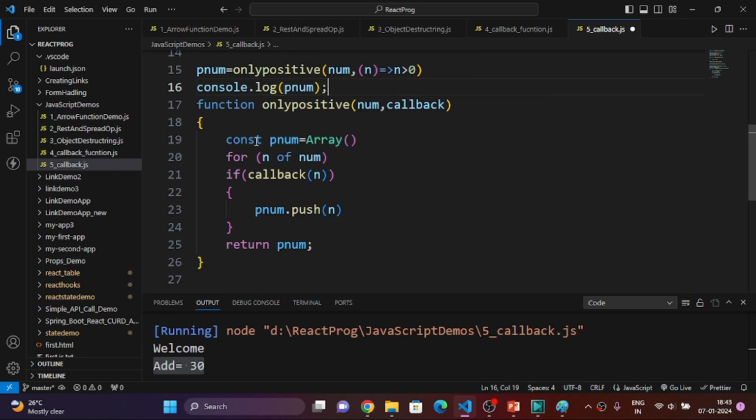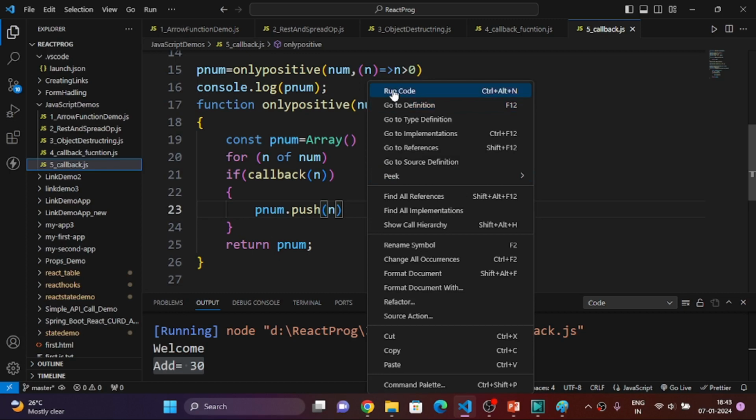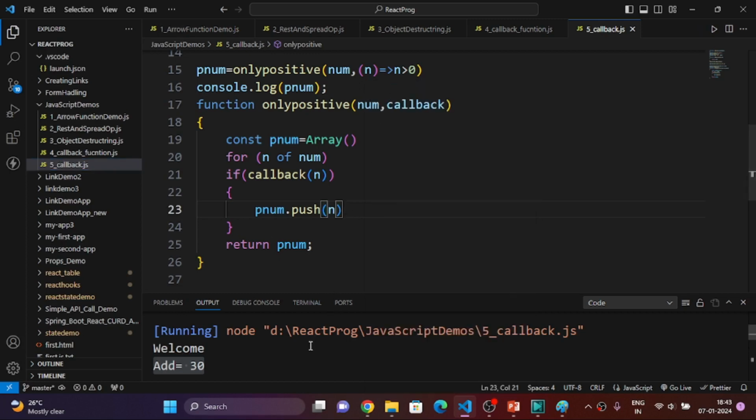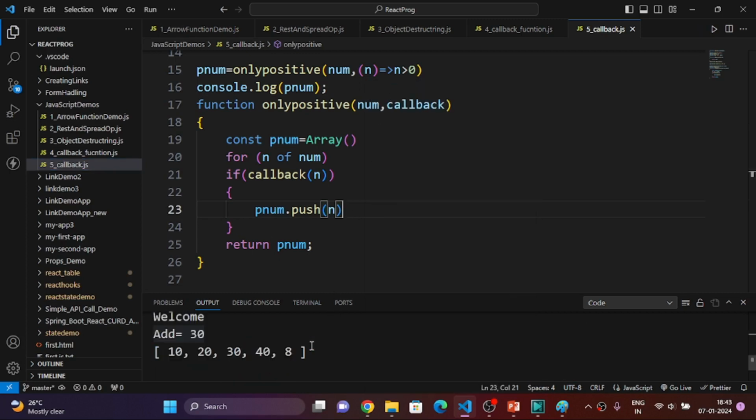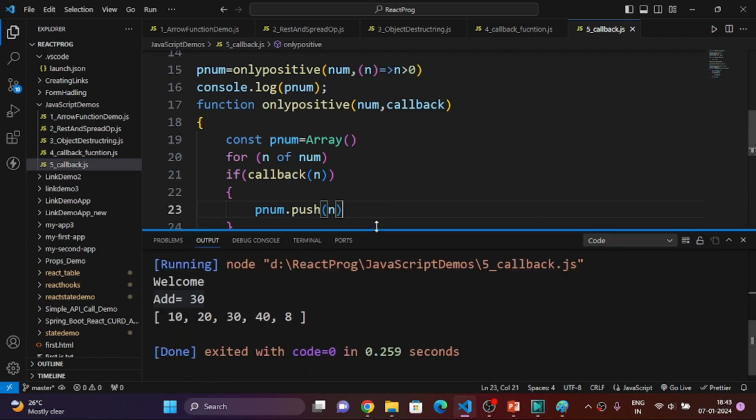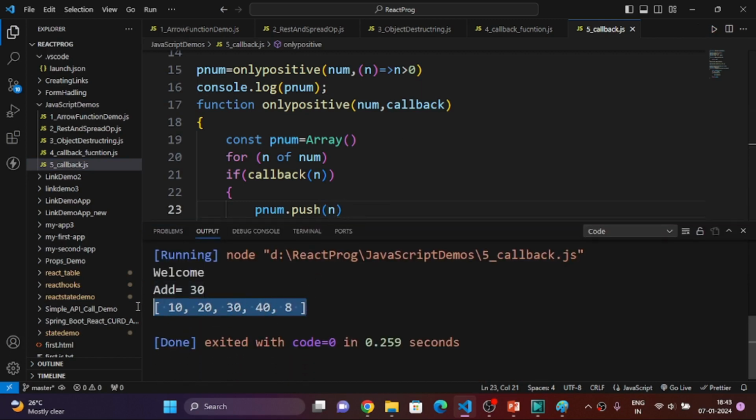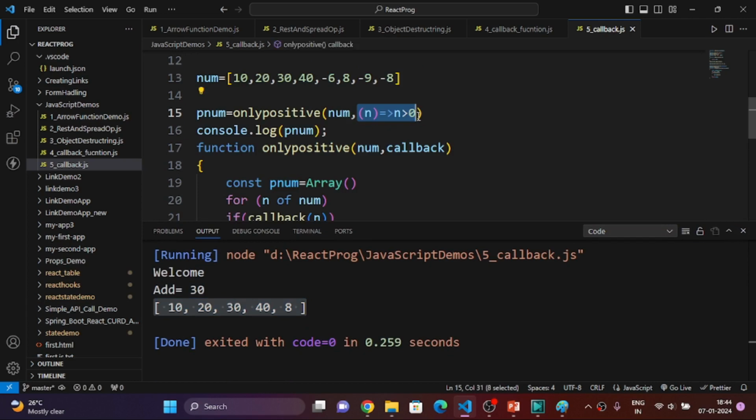Now we'll see whether this particular program runs as usual. So when I run it, as per the expectation, it returns the positive numbers. Right? We pass the function as a parameter. This is called an arrow function, and we're taking this function as a callback function,